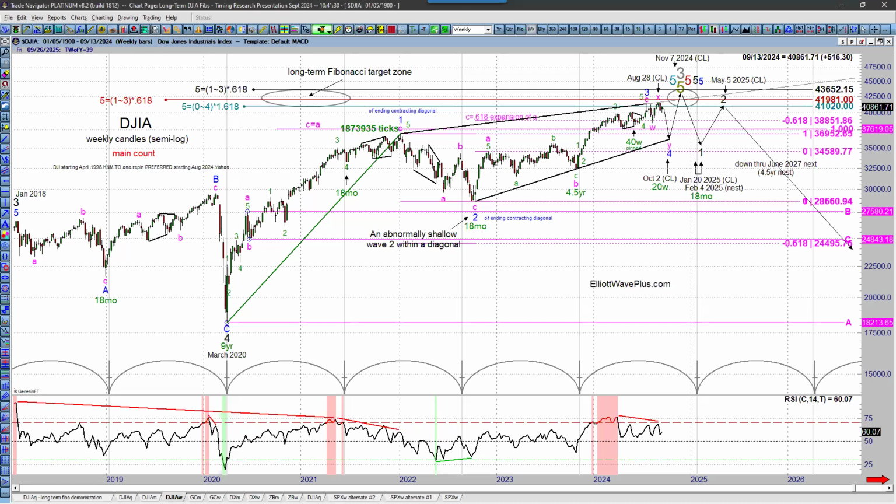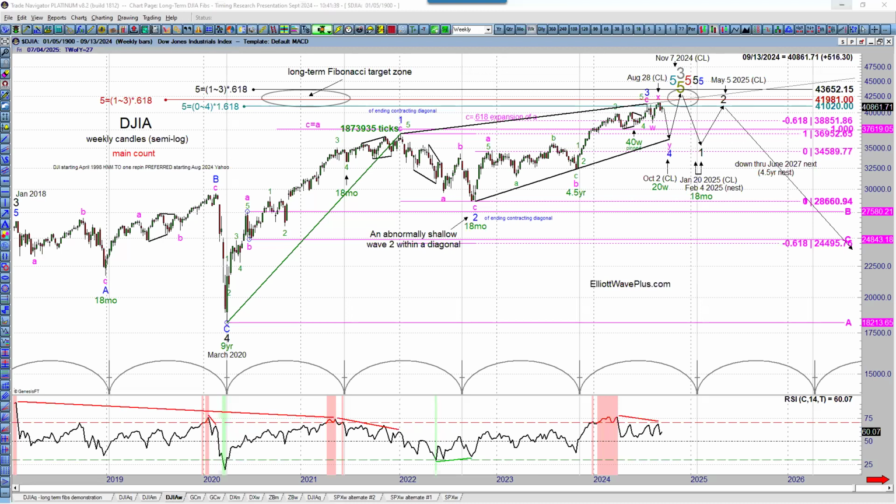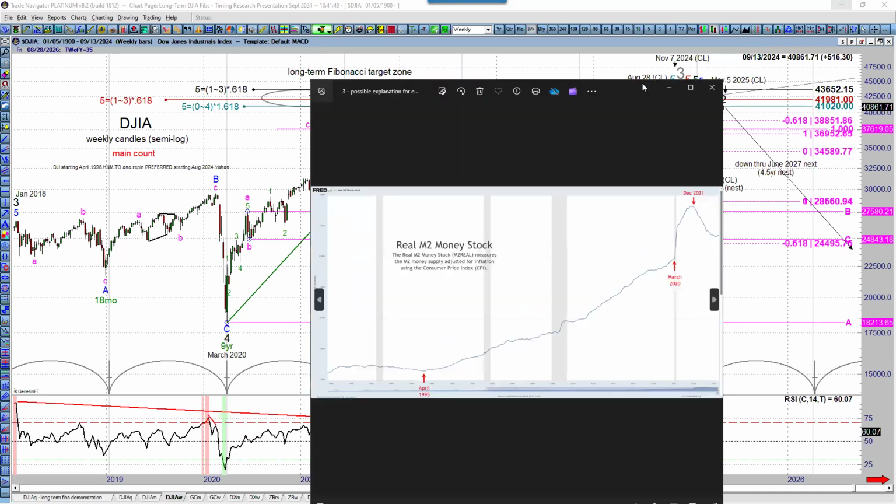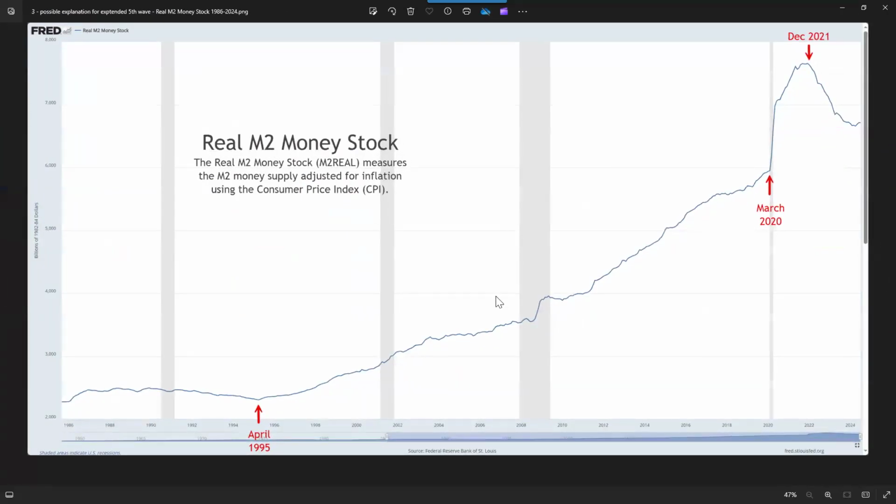There were a couple of things I wanted to show now that we're getting into the weekly time frame. So one is back in 1995 when Prechter wrote his book. And I already showed you that there was a potential for the end of a five-wave up structure from the